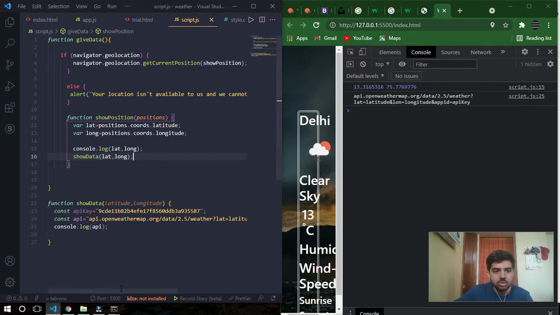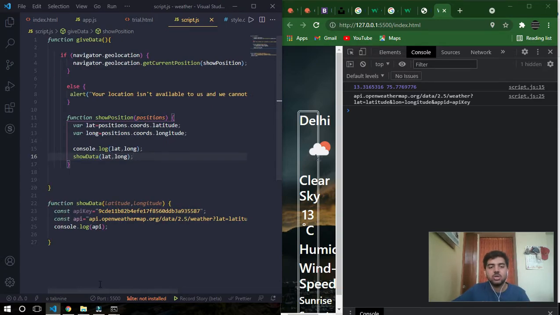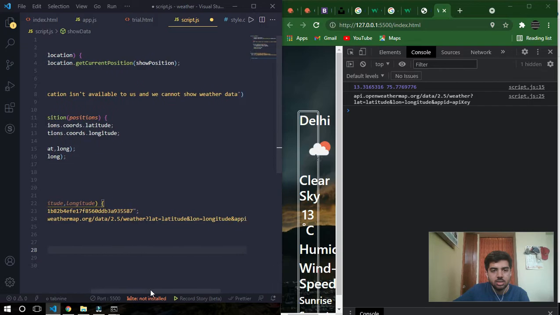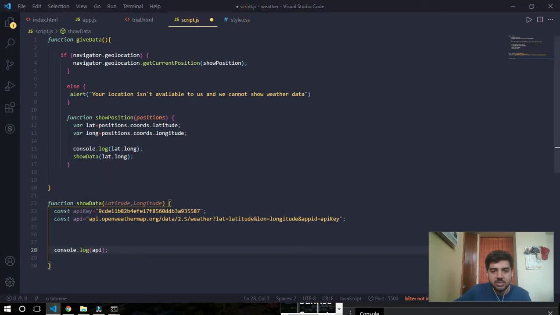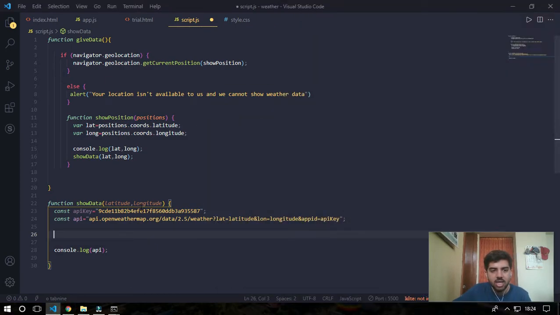So what is my API key? Okay. What I've done is I'll just show you the mistake. You can just see here I've just passed the latitude as it is. What is happening now is I'm not getting the data of the latitude.